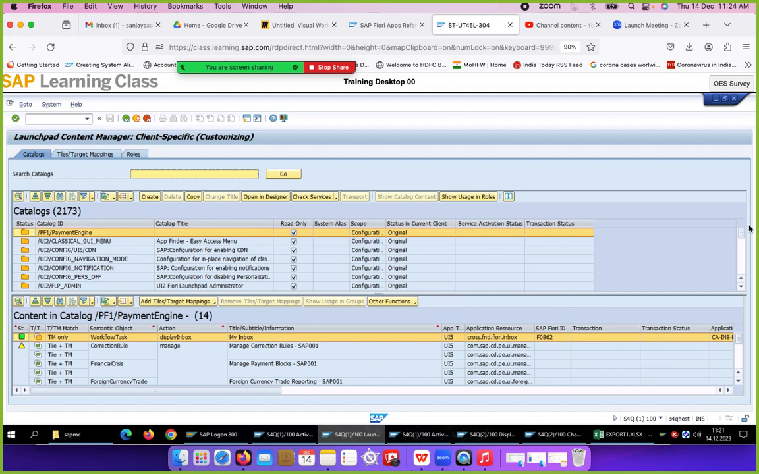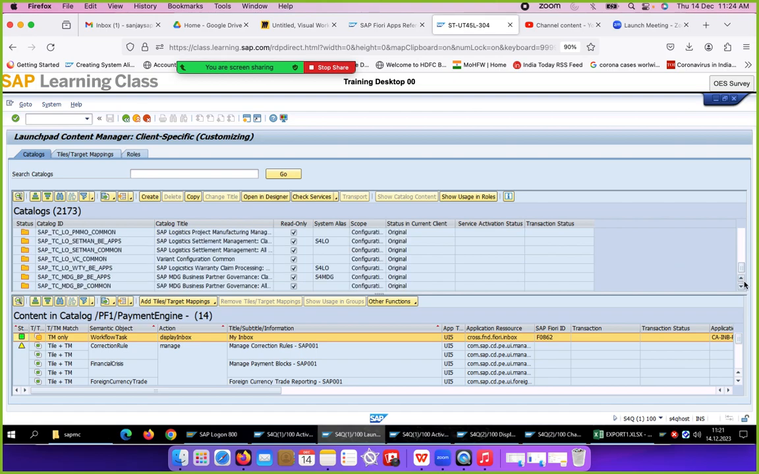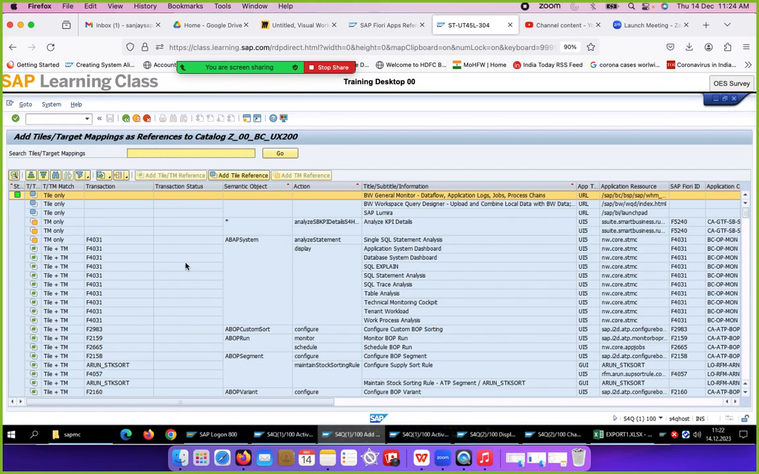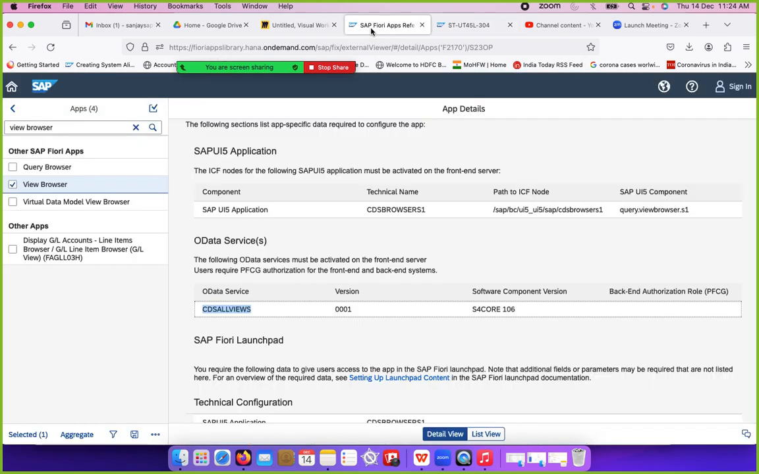Okay, so we can select our catalog. Yeah, this is our catalog. Under this catalog we can add tiles to the selected catalog. And then here we have to search the screen number. The screen number you can get for this tile is